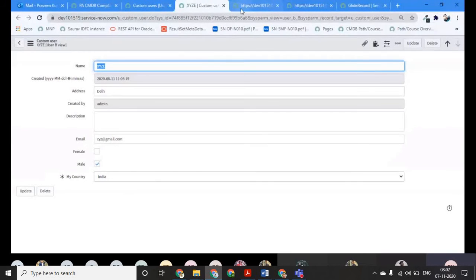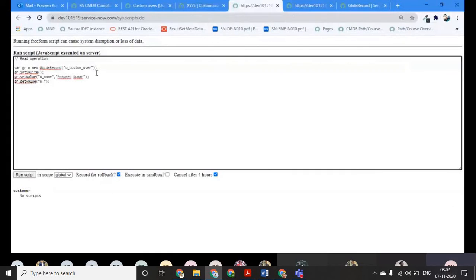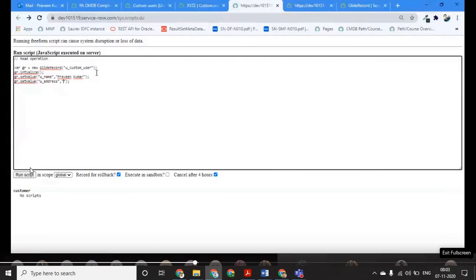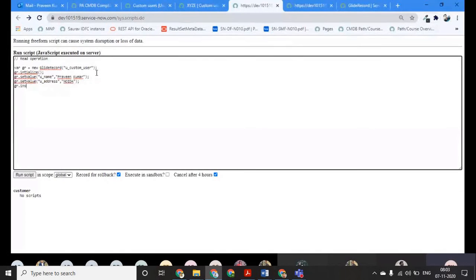Let me put my address as well, for example, Noida. Now with just these values I want to insert my record, so I will do insert.